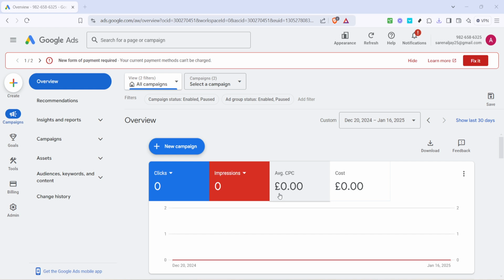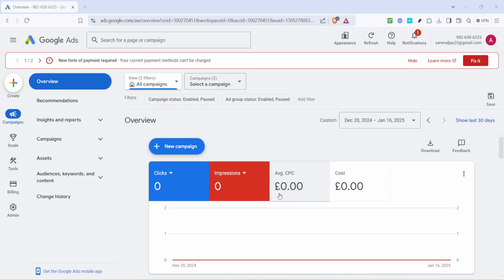First, you need to head over to the overview section of your Google Ads account. This is your starting point where you'll get an overall picture of how your campaigns are performing. Here, you can see essential metrics and customize your dashboard for quick insights. Tailoring it to your needs can help you identify where changes need to be made, such as adjusting your keyword